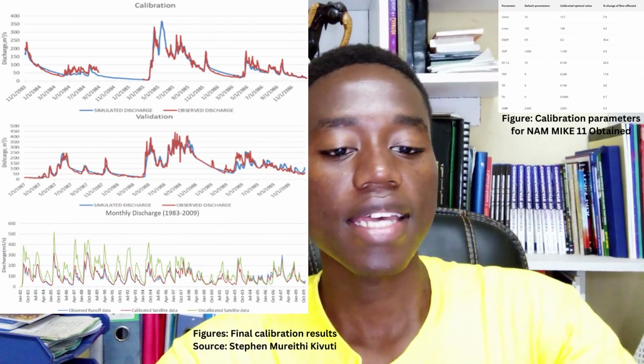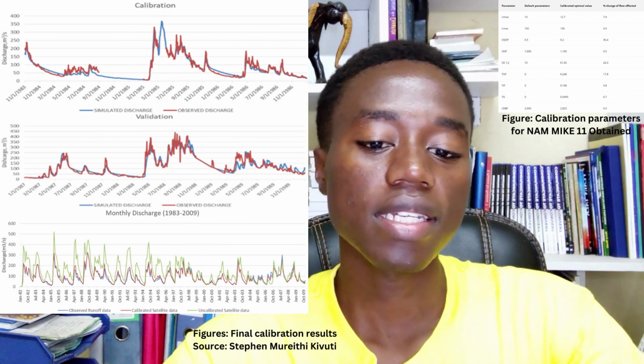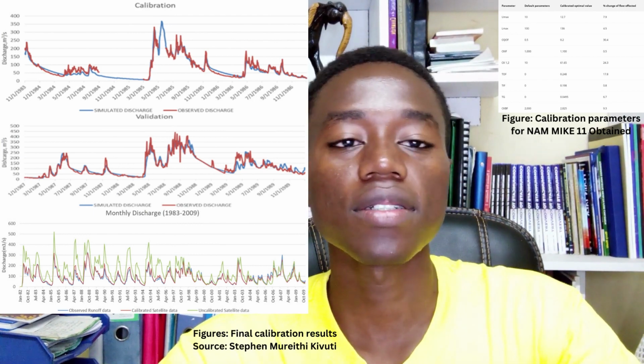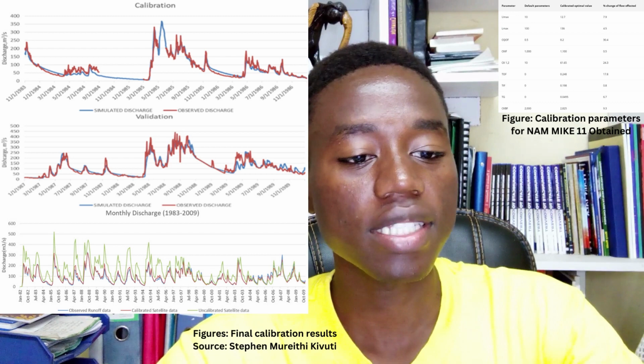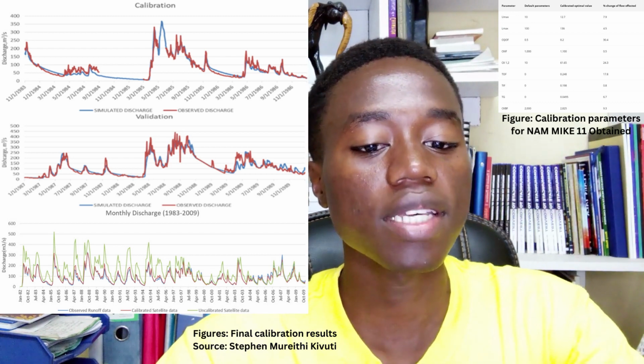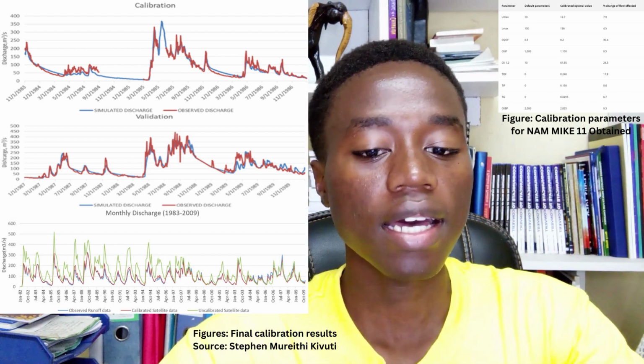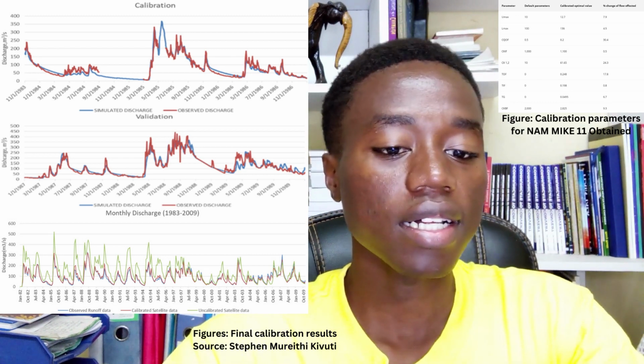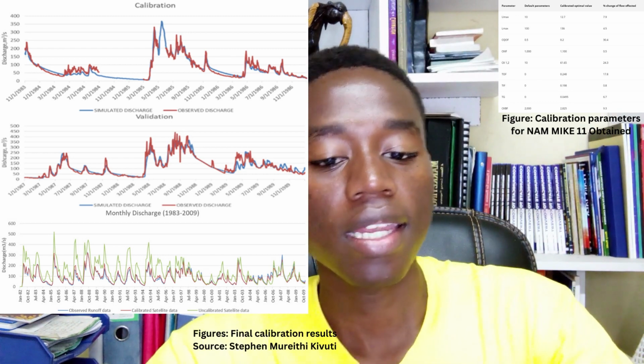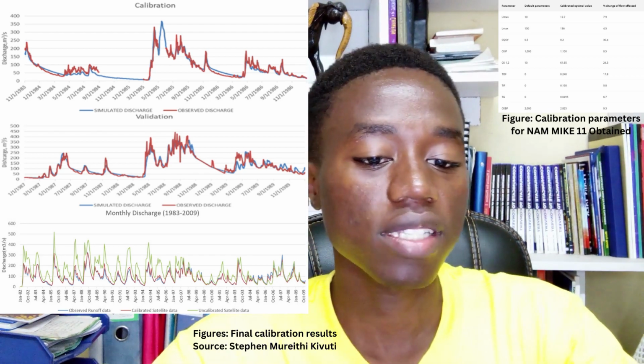The heart of this project lies in the innovative use of satellite data to estimate runoff in regions with limited hydrometeorological information. The project employs the NAM MIKE 11 runoff models and explores the use of NASA's GEOS-5 data for runoff estimation. The results indicate that when properly calibrated, the satellite data can provide reliable estimates for discharge in sparsely gauged basins. The project's innovative approach holds great promise for regions with limited hydrometeorological networks. It helps address challenges related to water resources, flooding, and climate change in the Nzoia River Basin.